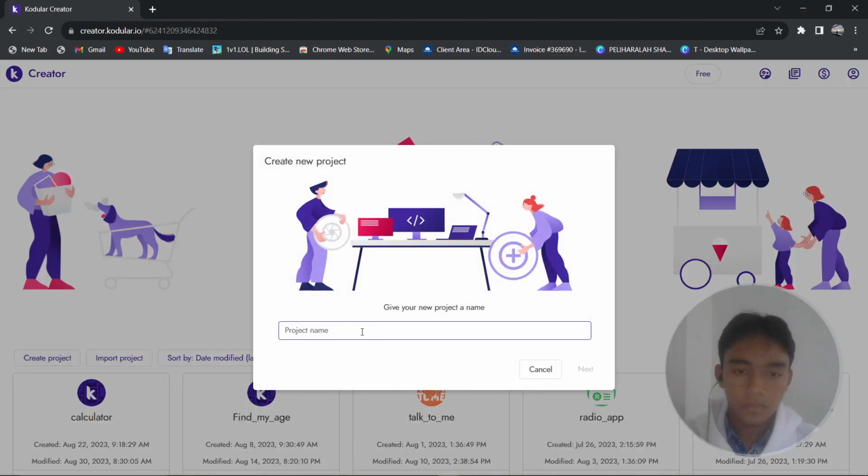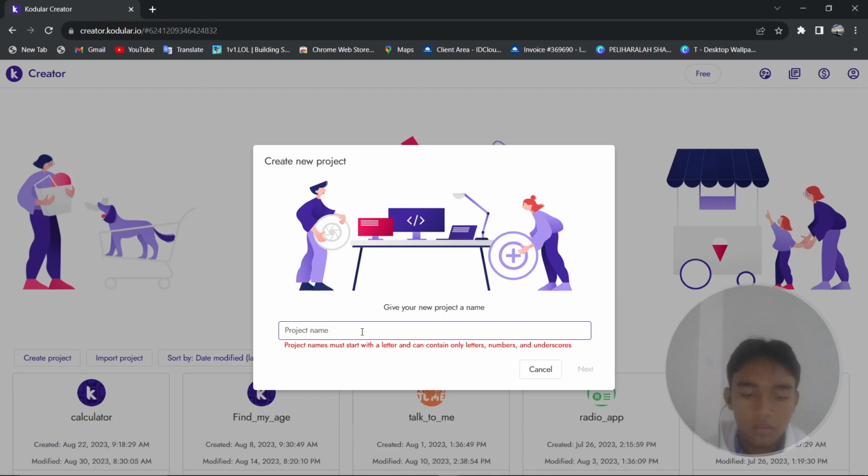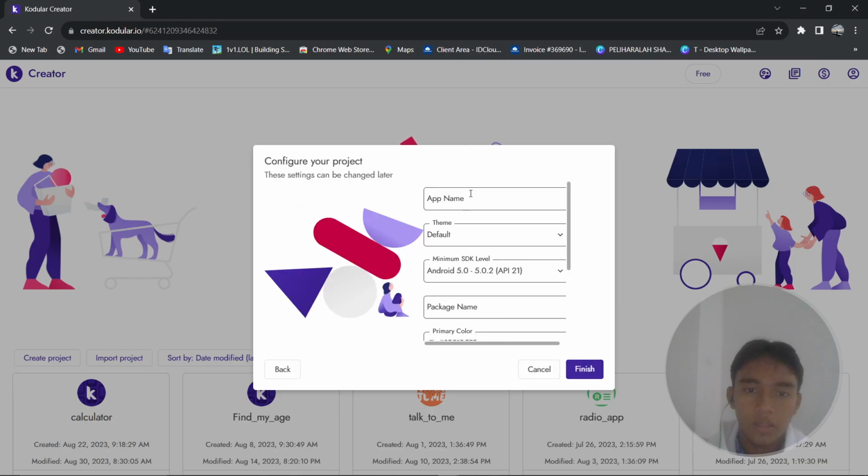Now you go to the project's name, name underscore card, for example. That's what I'm going to name it. And now after you click next, you will get this type of pop-up, which is configure the